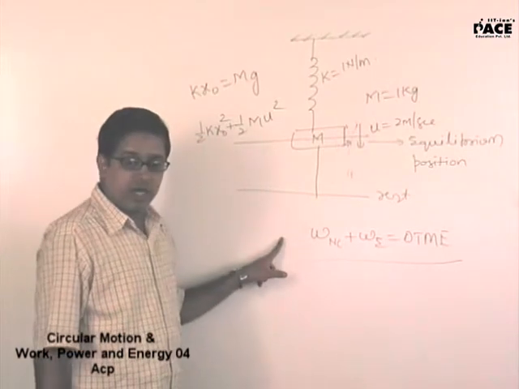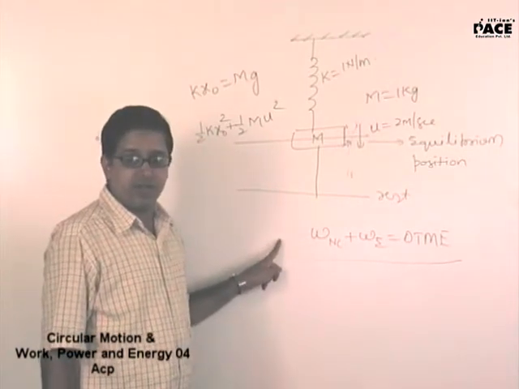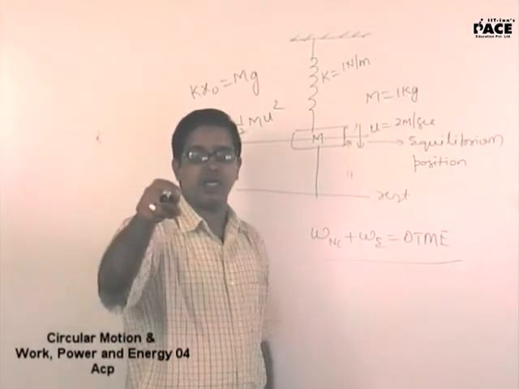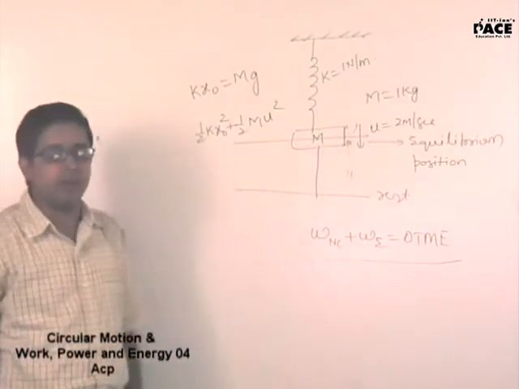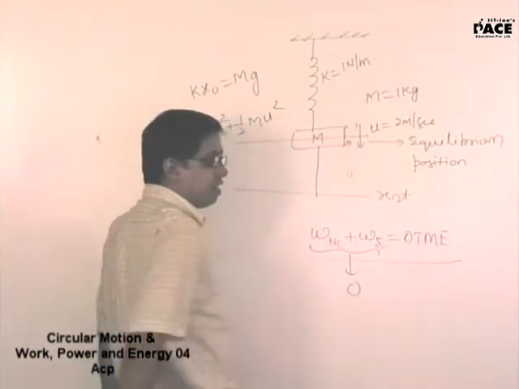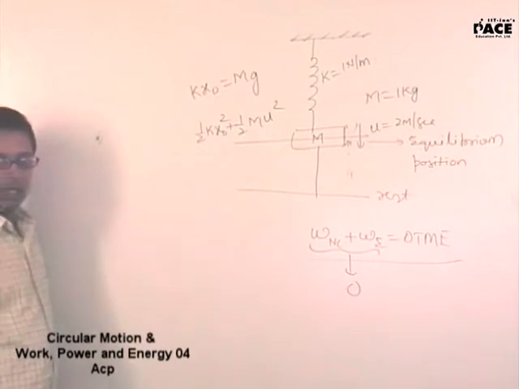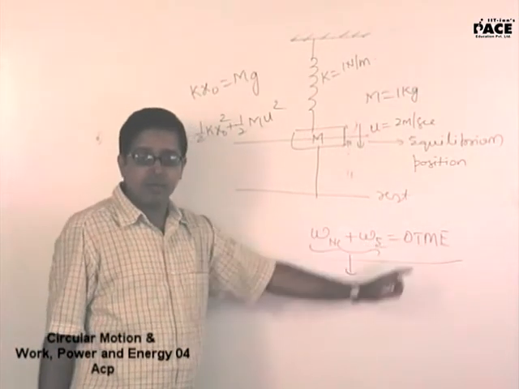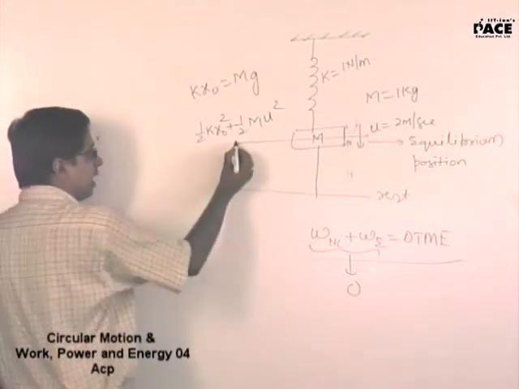Because here I will have work done by conservative. Work done by conservative will be minus delta P, that taken towards the right. Delta KE and delta P sum total will be total mechanical energy. Now when work done by both of them is equal to 0, delta TME will be 0. If delta TME is 0 at this particular point, that means total mechanical energy here and